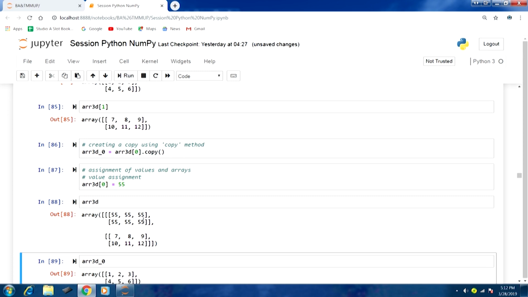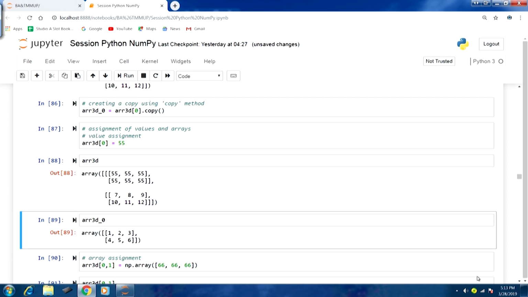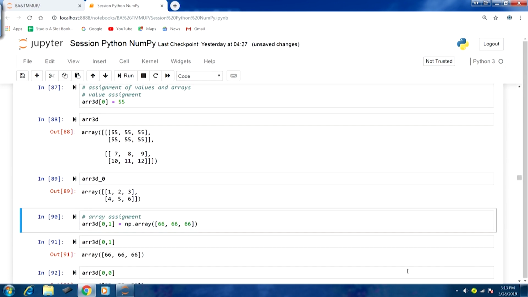This is how value assignment can make changes in the original array, because, as you know, we are working with views, so any changes are going to be reflected in the original array. You can compare this with the array that we recorded as array 3D underscore 0; the values have changed.